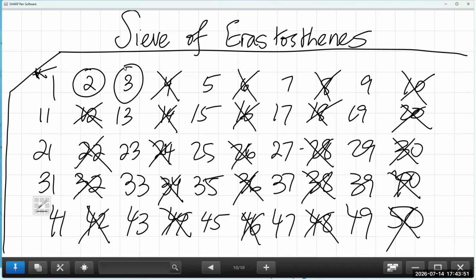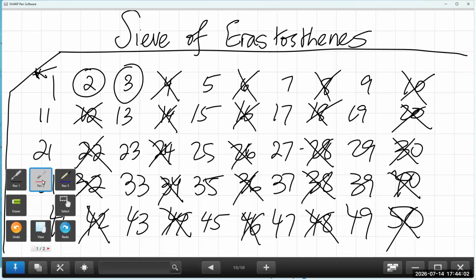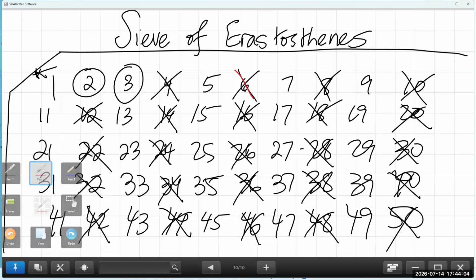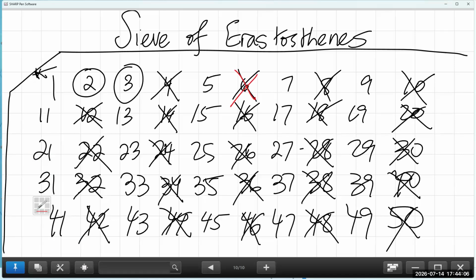3 is a prime number, so we need to cancel everything that is a multiple of 3. Now, some of them I've already canceled before, but I'm just showing you. Oops, sorry, that one was not supposed to be there. So we'll leave that as